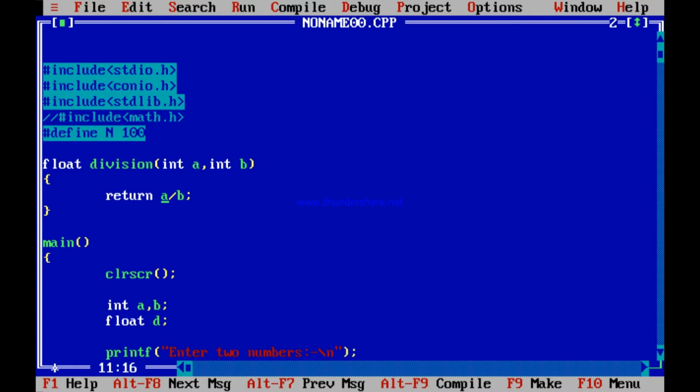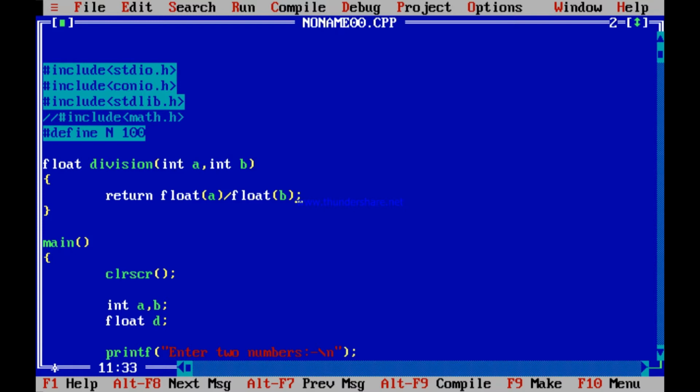Because a by b, a is an integer, b is an integer. Dividing a by b is not good enough. You firstly need to typecast the numerator to float, the denominator to float, and then divide. You remember typecasting before division, because if you typecast after division, then the problem is a by b, a is an integer, b is an integer.